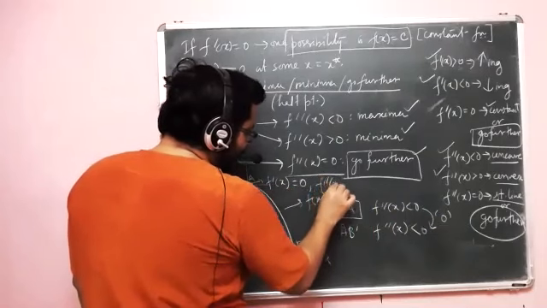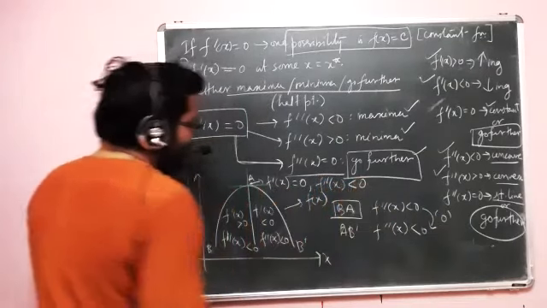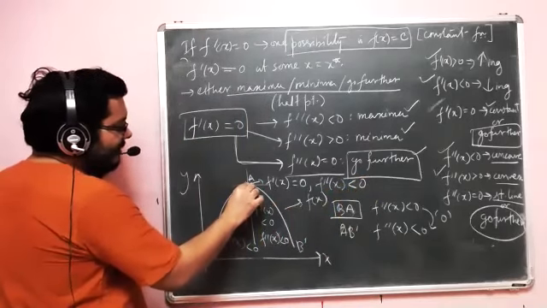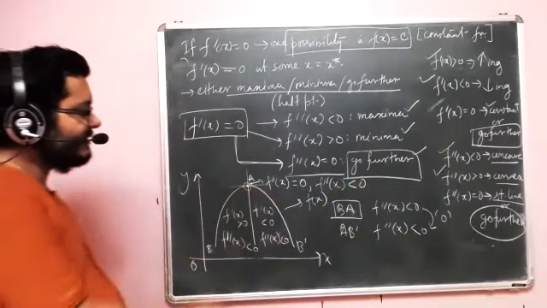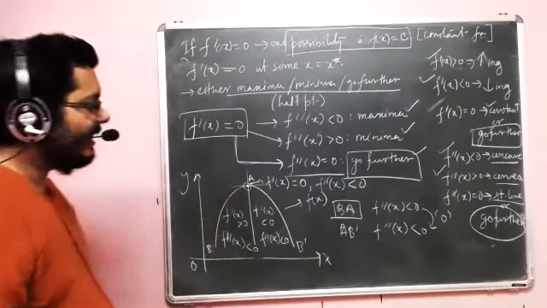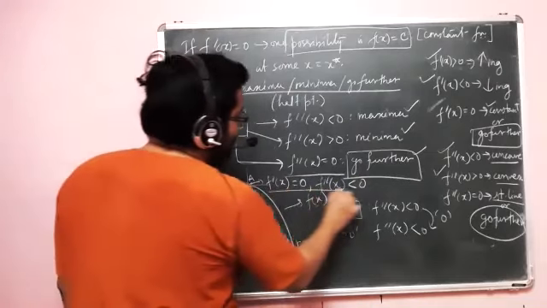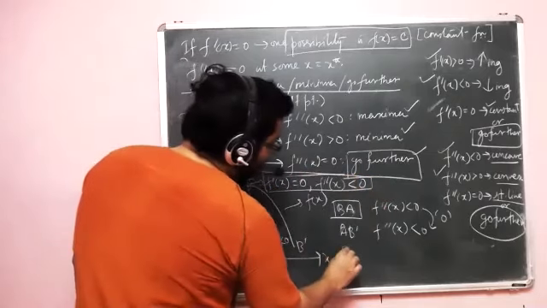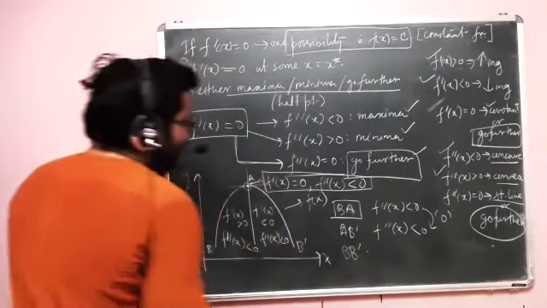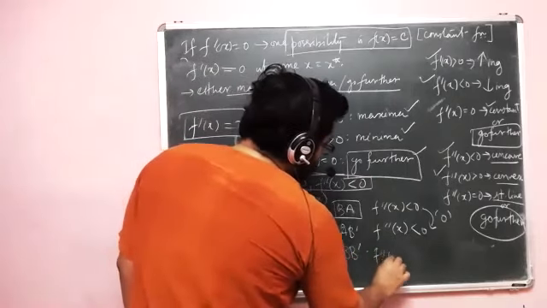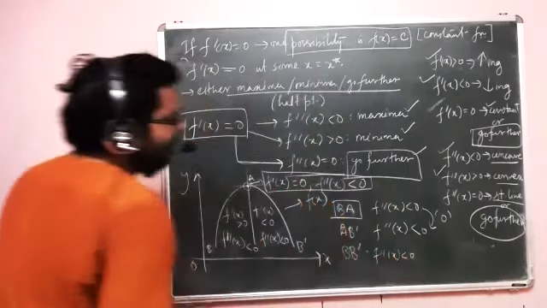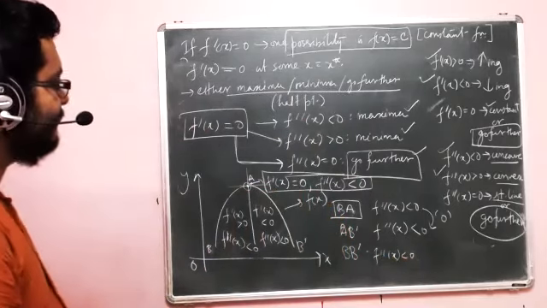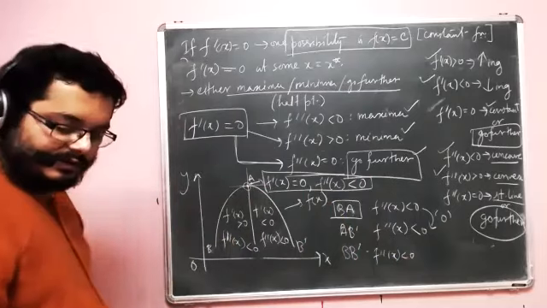At this point, it is also the fact that f dash x is less than 0, because from the diagram and observation we know that this is the maximum point. And in maxima, as we observe, f dash x equals 0. So by that we know that in the entire graph BB dash, f dash x is less than 0. So that's how we complete our work, and this is how it looks.